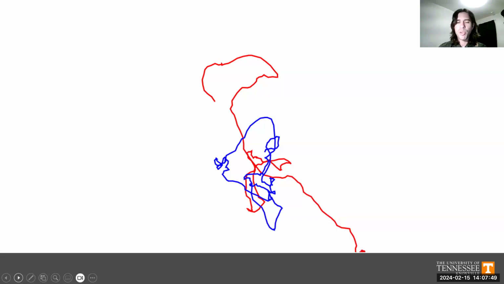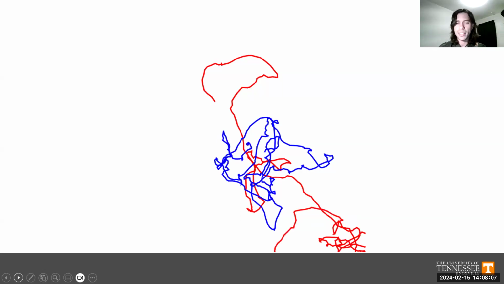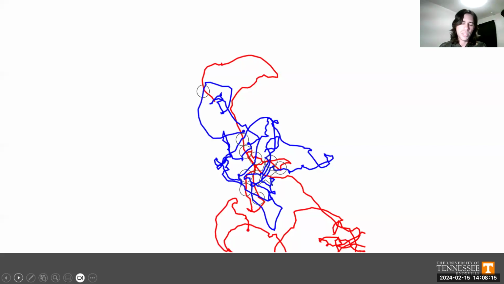We now have more and more methods to determine very detailed, fine-scale tracks of how animals move. When you have that history, you can know where those individuals interacted directly, that is, they were at the same location at the same time, but also where they interacted indirectly, meaning where their tracks cross, which is shown here